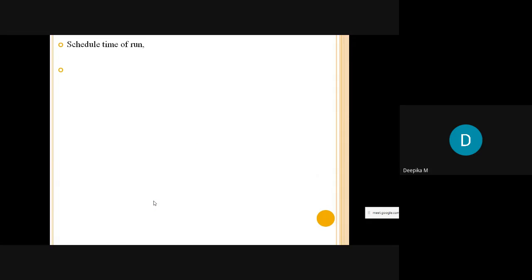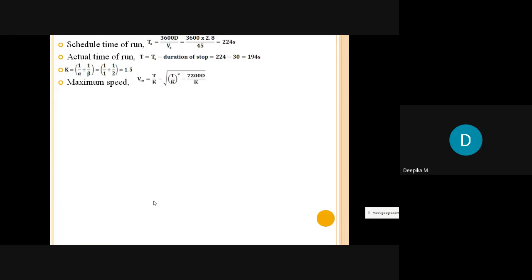First, we have to calculate the scheduled time for run, because the scheduled speed is given. Hence it is 224 seconds. Next, the actual time of run is TS minus the duration of stop, which is 194 seconds. Then K is 1.5, which is 1 by alpha plus 1 by beta. For maximum speed we have this formula: T by K minus the square root of (T by K) whole square minus 7200 D by K. Substituting all the values, you will get 59.3299